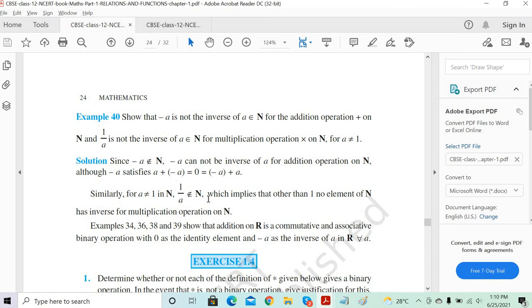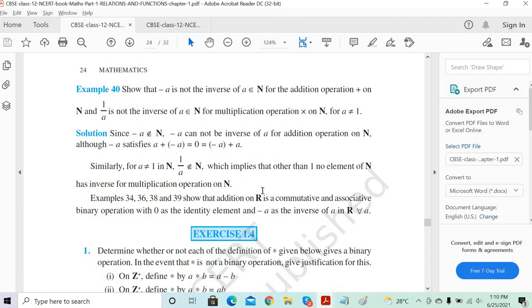Come on, Aditya. Once explain me example 40. Again, it's like an old question. I guess you can do it in some different ways. Is it clear to you or not? Addition operation. Something is missing. Okay, so explain. Here again, we are going to do for addition and multiplication only. But we have some problem like a is not equal to 1 is given for the multiplication. So first we'll go for the addition one.